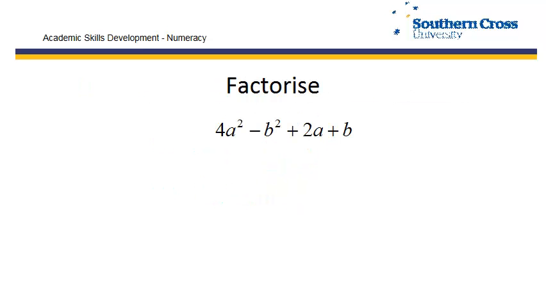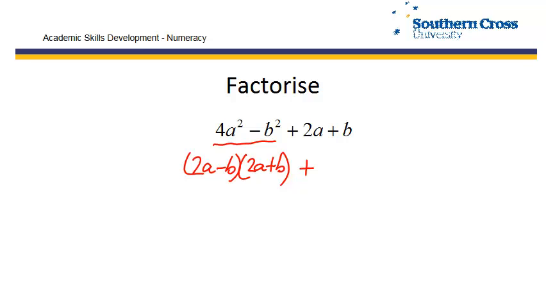Okay, we have another question here. Once again, 4 terms. There's a couple of different options to how to deal with 4 terms, but there looks to be a grouping factor set up here because you can see we have a difference of squares to begin with and predict that one of those factors will be 2a plus b, and then we can draw a 2a plus b factor from the last 2 terms. So treating this as a difference of squares, we know this is 2a minus b and 2a plus b